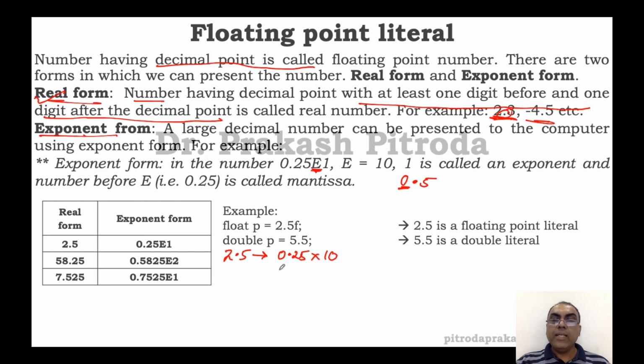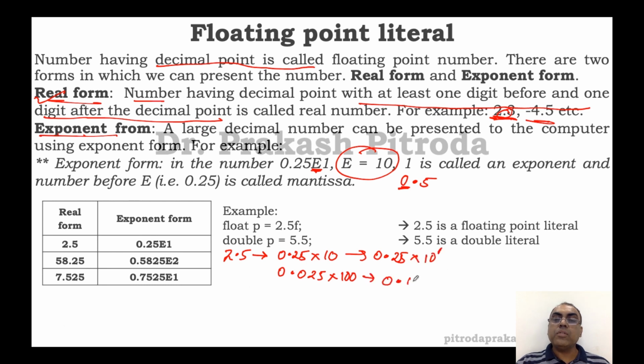Okay, so I can say 0.025 into 100. All of them mean the same. Now this 10 is your e value, and can I also say the same thing as 0.25 into 10 to the power 1,